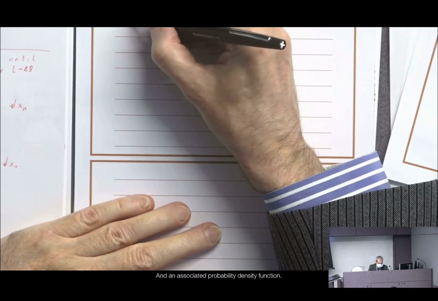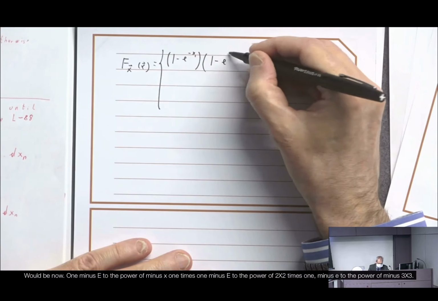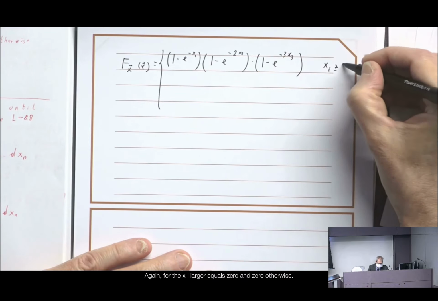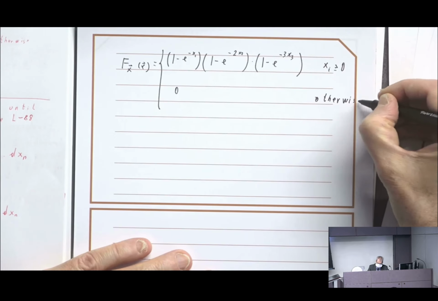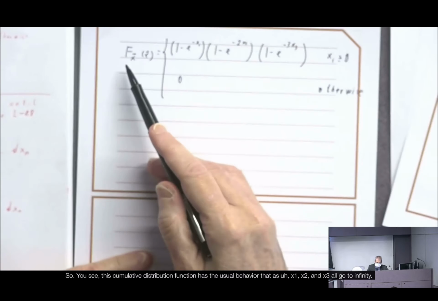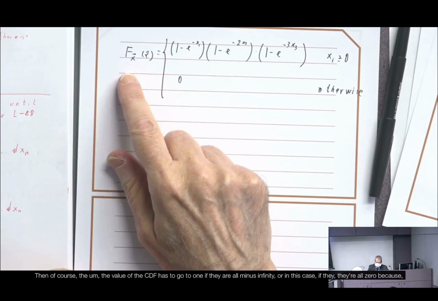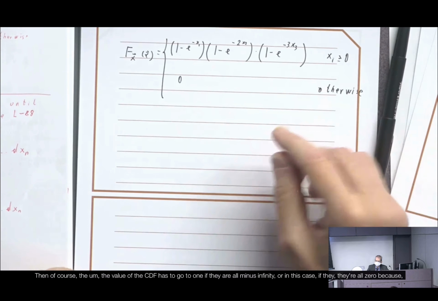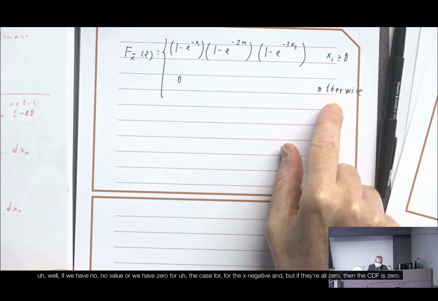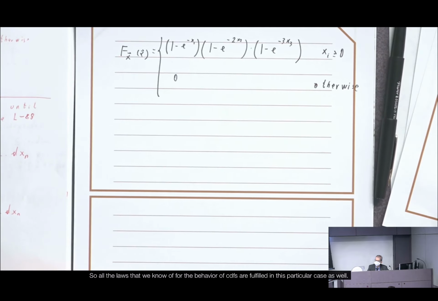And the associated cumulative distribution function would be now (1 minus e to the power of minus x1) times (1 minus e to the power of minus 2x2) times (1 minus e to the power of minus 3x3), again for the xi larger or equal to 0, and 0 otherwise. You see this cumulative distribution function has the usual behavior that as x1, x2, and x3 all go to infinity, then of course the value of the CDF has to go to 1. If they are all minus infinity, or in this case, if they are all 0, because we have 0 for the xi negative, then the CDF is 0. So all the laws that we know for the behavior of CDFs are fulfilled in this particular case